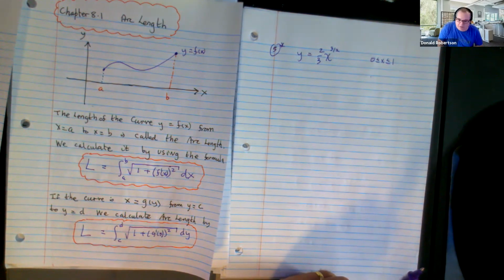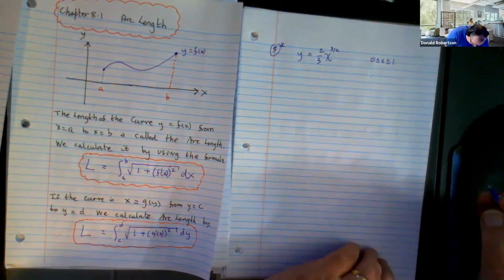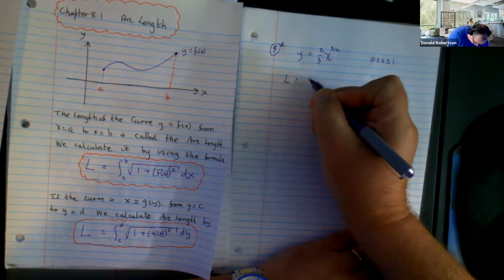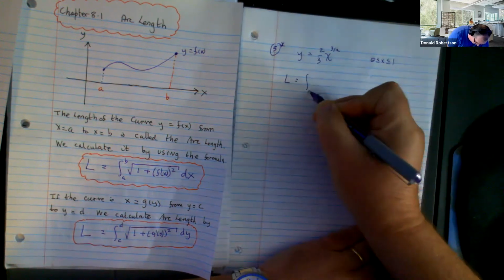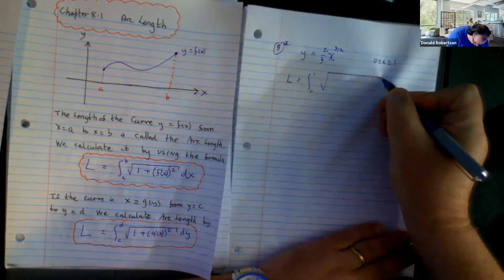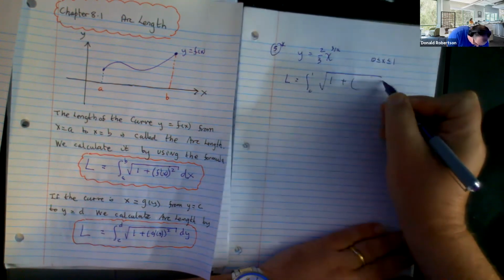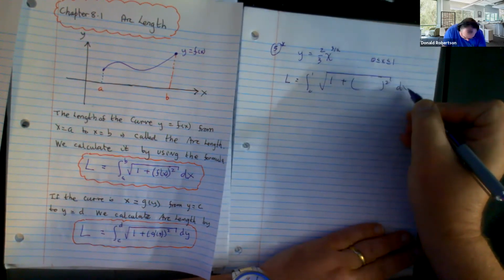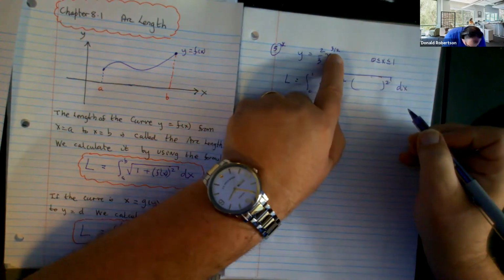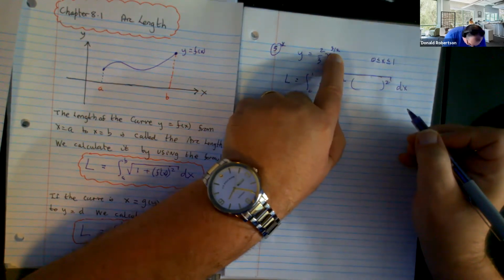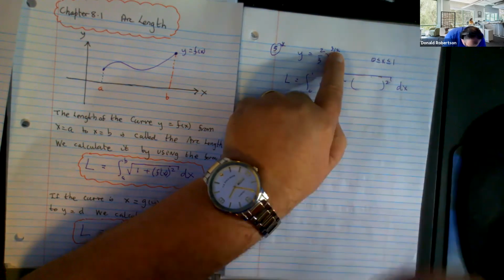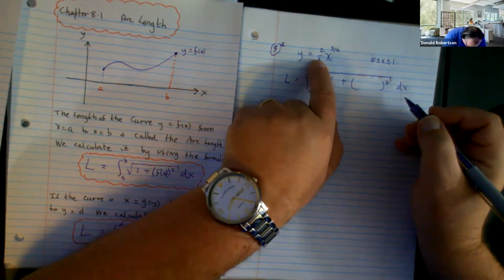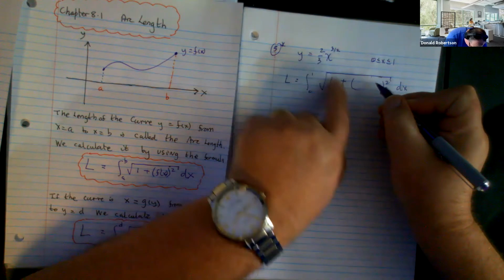There, that's fair. So what we are looking at is the arc length is the integral from 0 to 1 of the square root of 1 plus whatever the derivative of this is squared dx. Okay, differentiation. Multiply by the power, reduce it by 1. If you multiply this by 3/2 and then you reduce it to a half, they cancel out and you end up with x to